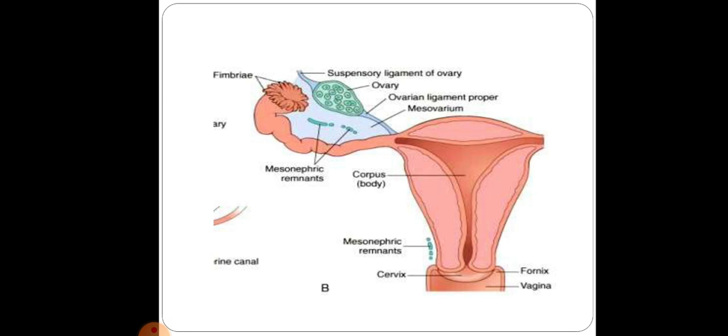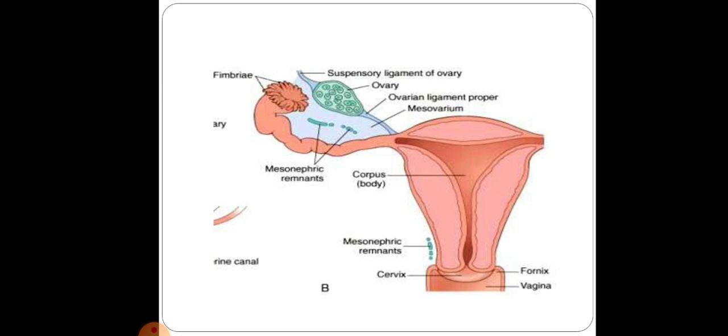So, this is the normal anatomy of the female genital tract, which includes uterus with cervix and vagina, fallopian tube, ovary, and the ligaments attached to that. You can see the uterus. It has three parts: fundus, corpus, which is known as body, and the lower portion of the uterus, which is known as isthmus. You can see the fallopian tube attached to the uterus, and at the end of the fallopian tube there are fimbria.